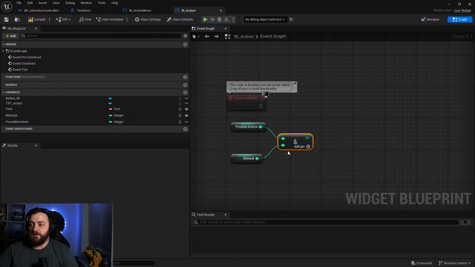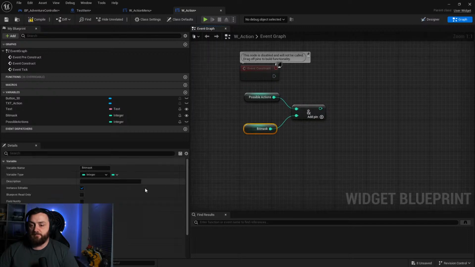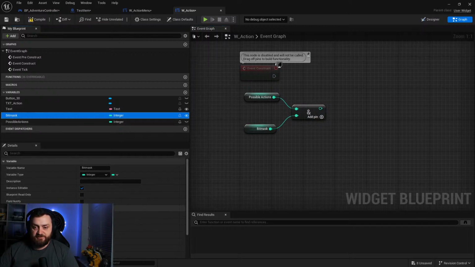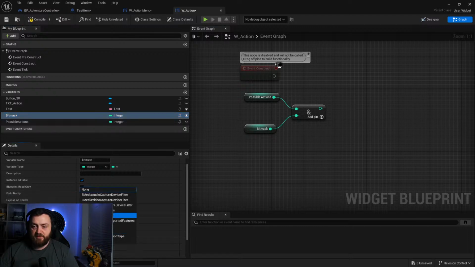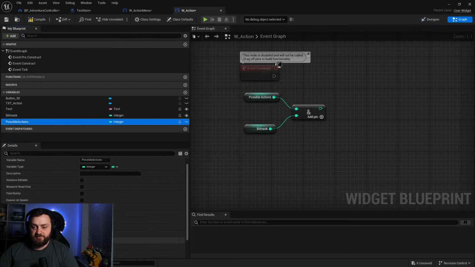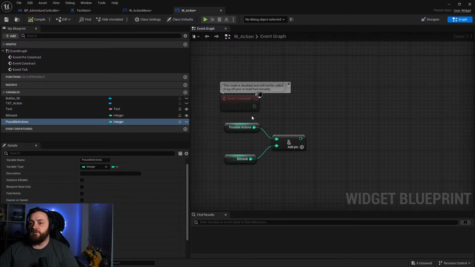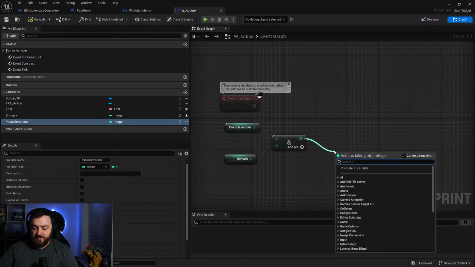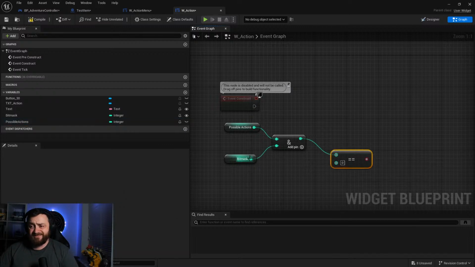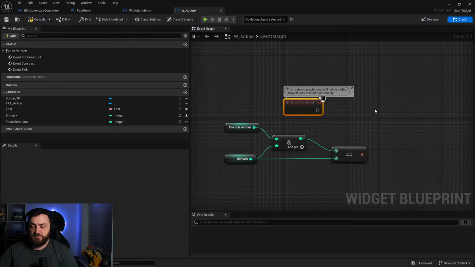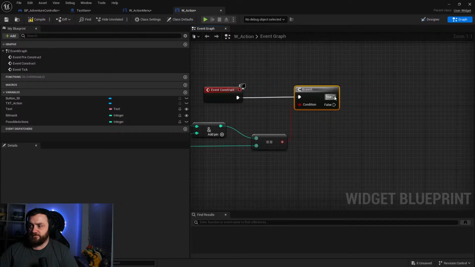The bitmask down here, make sure we turn on bitmask and action list. Same with this one, bitmask, action list. There you go. Okay, so if that is true and equal to itself, if it's equal to a bitmask, that means I want to change its visibility. So on branch, we're going to set